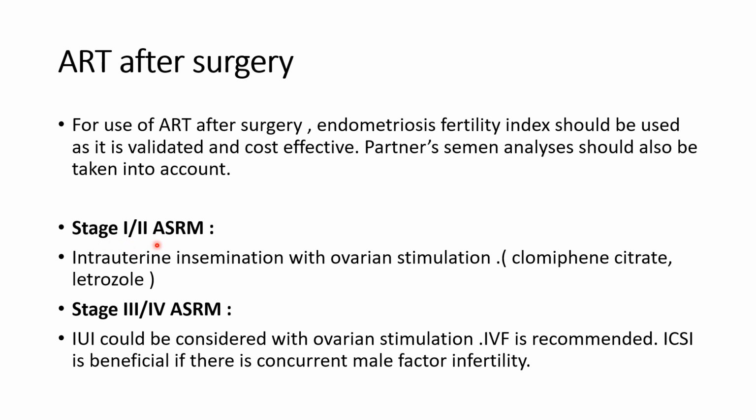Stage 1 to 2 endometriosis associated infertility. If there is stage 1 or 2 endometriosis, then intrauterine insemination with ovarian stimulation is recommended. For ovarian stimulation, clomiphene citrate or letrozole is recommended. How is ovarian stimulation done? Clomiphene citrate and letrozole are advised to be taken from the 3rd day of the cycle and continued for 5 days. Doses are increased in monthly cycles for 3 to 6 months, and in each cycle intrauterine insemination